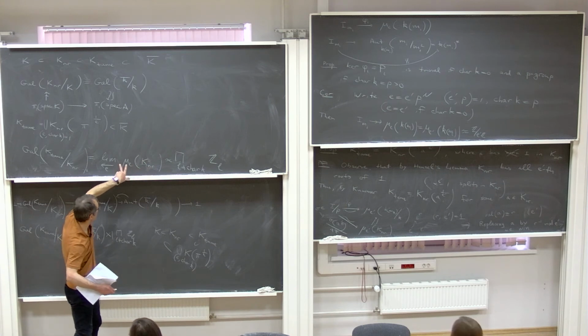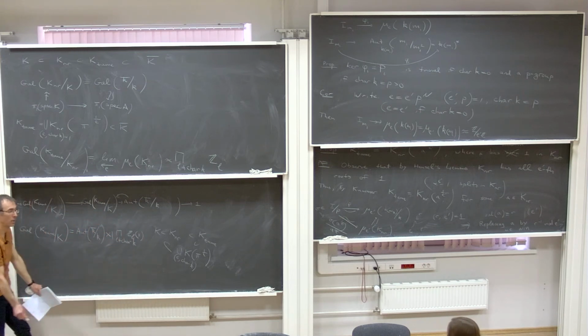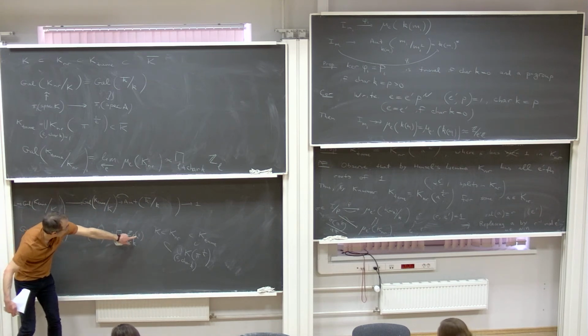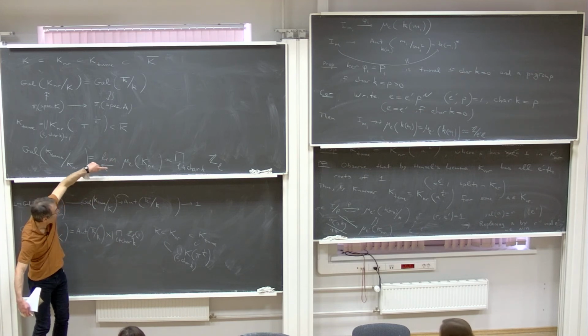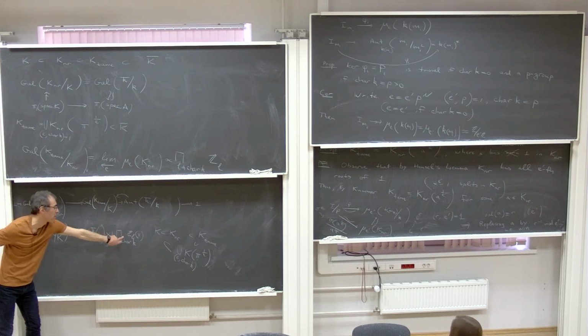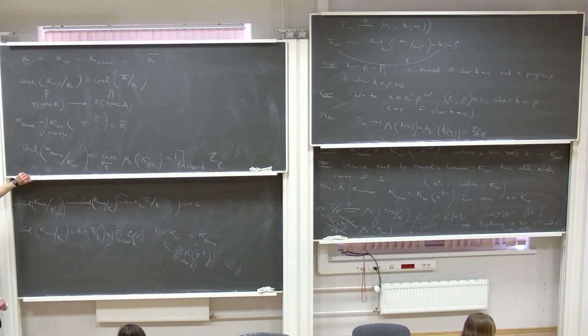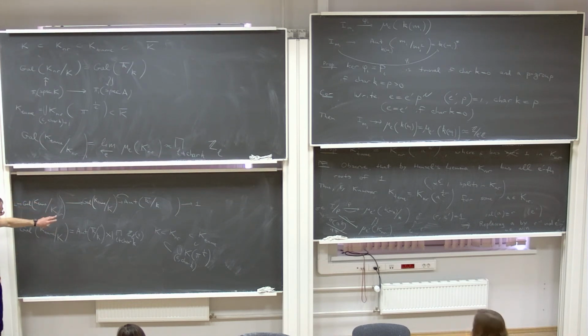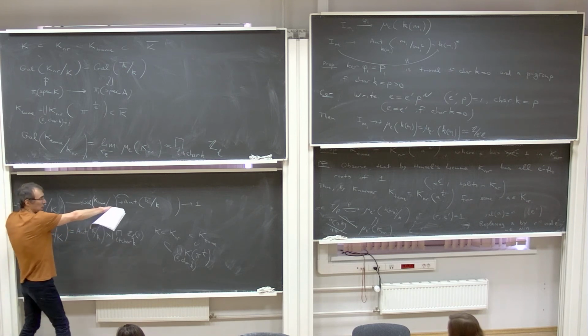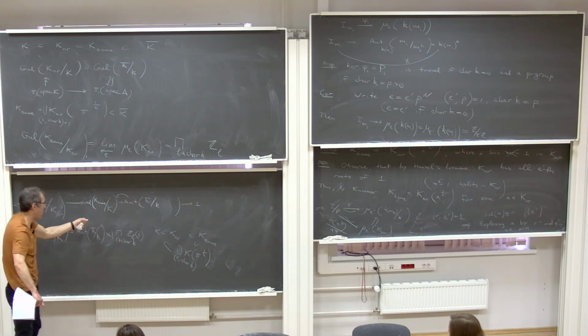So it suggests the following answer, where ZL of 1 is defined as a limit over powers of L of roots of unity. And one can verify easily that that's indeed the action of this group here. So this describes this group explicitly. And again, it's not quite canonical. What is canonical, however, is this short exact sequence and the action of this group by